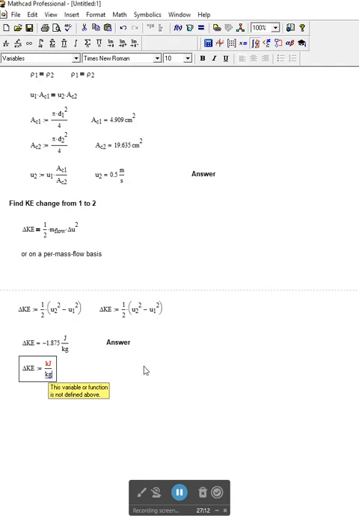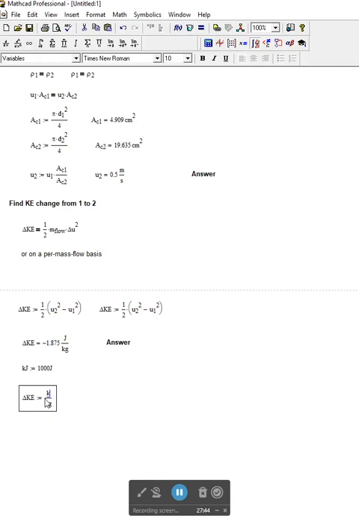Well, that's another nice thing about MathCad, I can define new units. And so remember, MathCad does its calculations from top to bottom and from left to right, just like we read normal documents. So I am going to define a kilojoule. So KJ is equal to what? That's equal to 1,000 joules. All right. And as soon as I do that,